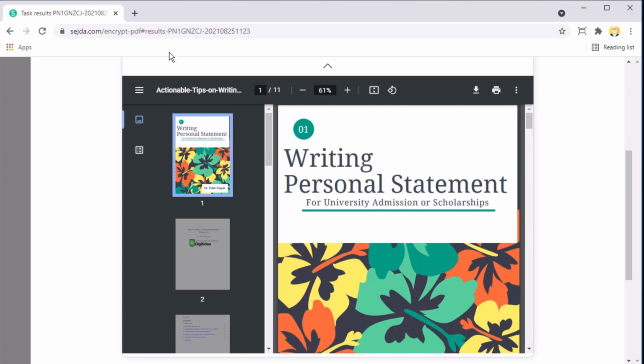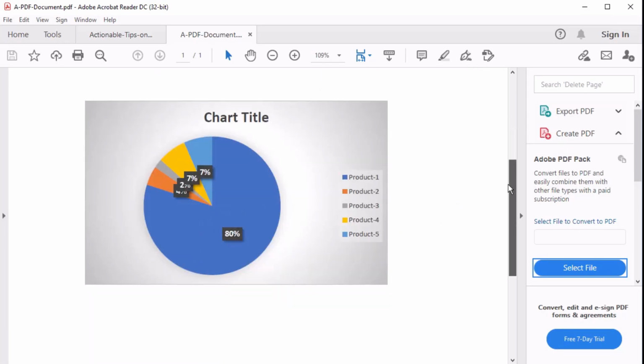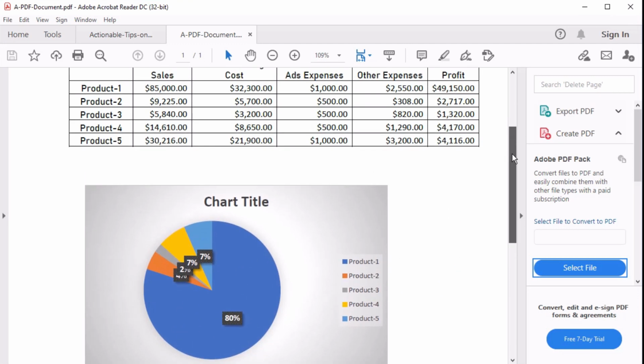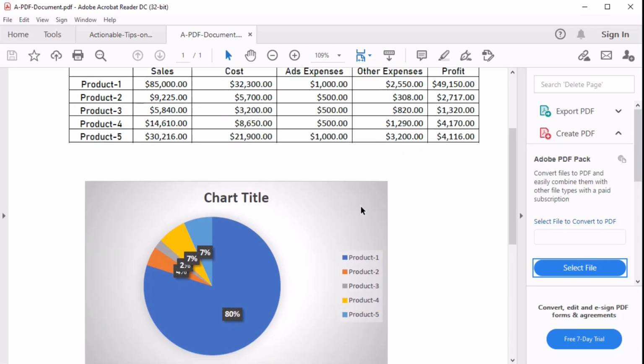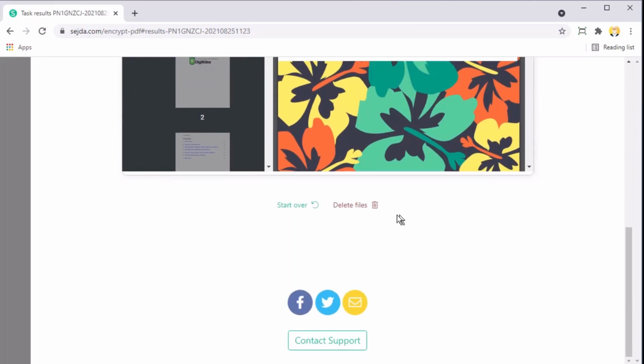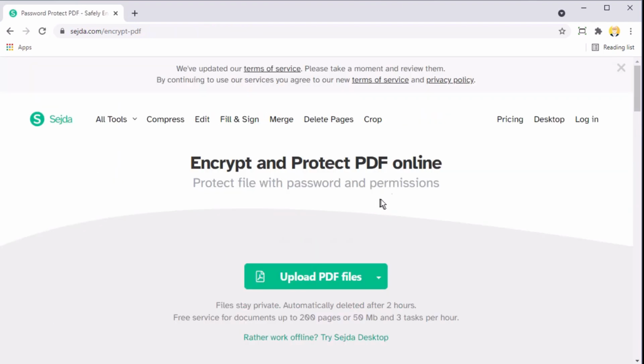Now let me show you another example. Now this is a PDF file where I want to put a watermark on this image. So if you have designed some resource for your Teachers Pay Teachers account or for Amazon KDP and you want to show some sample images, in that case you want to put a watermark. Now again on this website I delete this file. Make sure you delete after working. The server deletes your file, but you don't want to take any risk, so you just delete your file immediately after you have created the password.